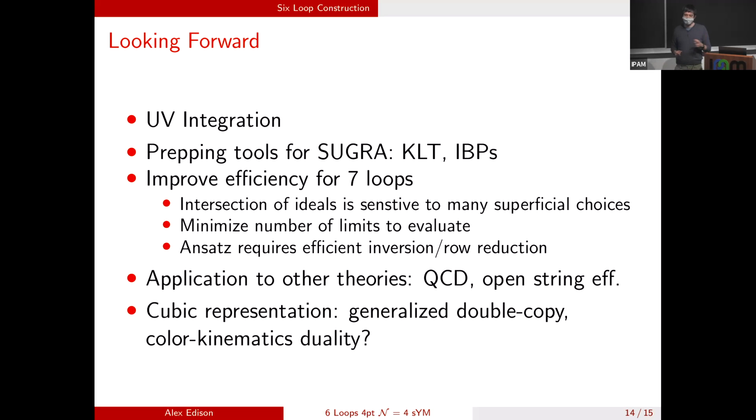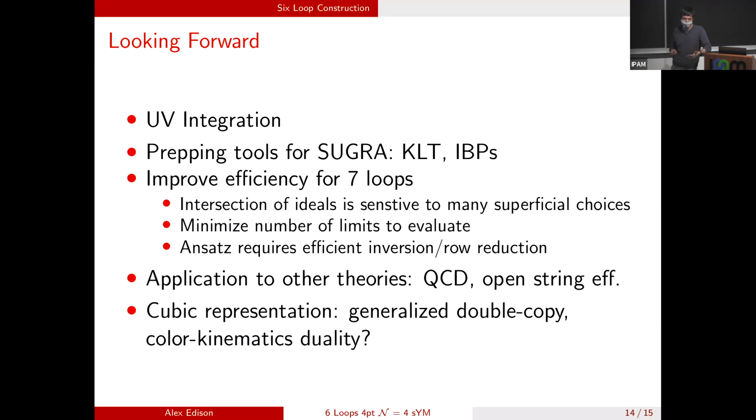The initial 7-loop calculations take over an hour. So that's a gap that we need to bring down, because there's also a factorial growth in the number of diagrams to check. One of the interesting things is this intersection of ideals story is actually highly reliant on